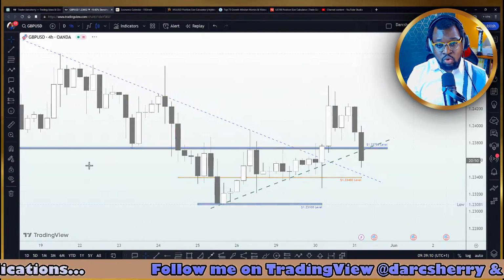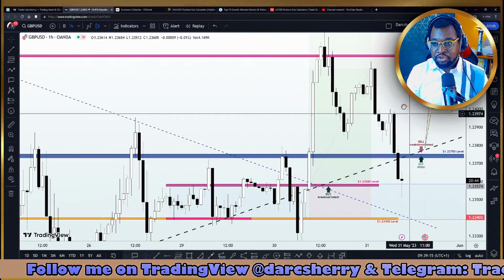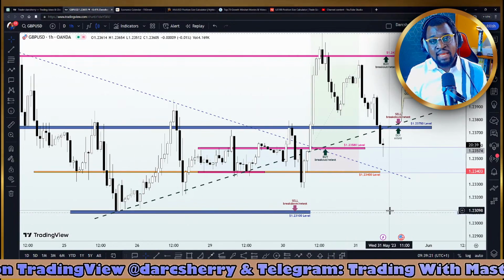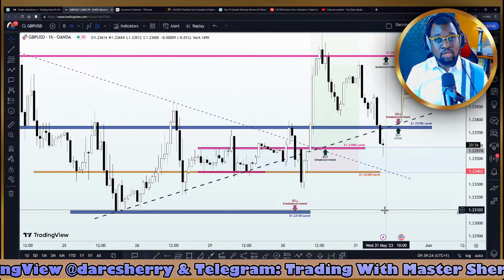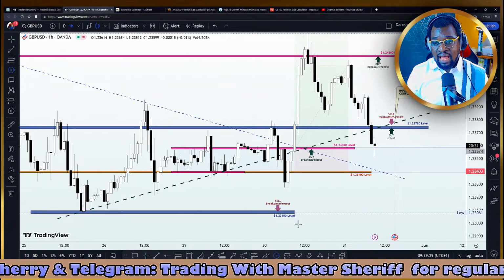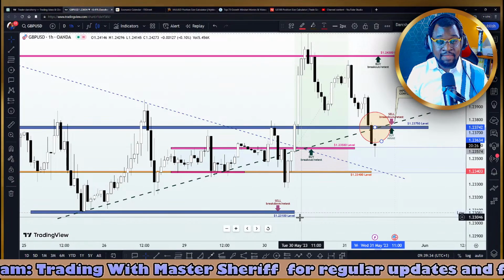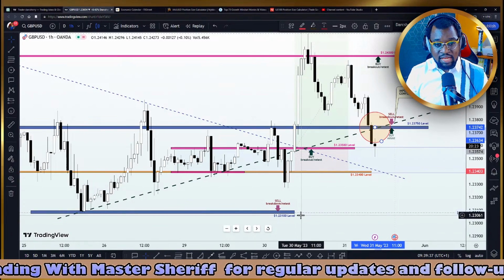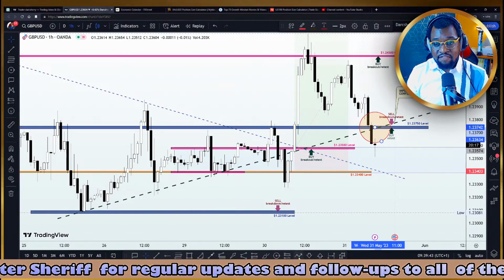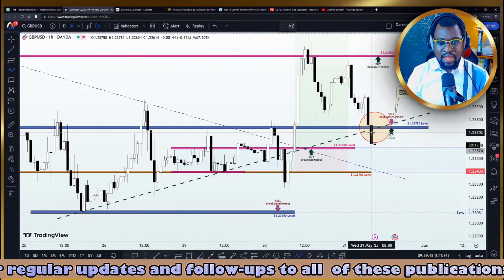So let's scale down into the 1 hour time frame after digesting that information on the 4 hours time frame. Right now we are back into the 1 hour time frame, and this morning I dropped an update on my TradingView and Telegram platform where I said I wanted to see how price action will be reacting to this confluence here at the 1.23750, which also shares a confluence with our trend line. Depending on how price action reacts to the structure will determine if we are going to be buying or selling. But with the look of things right now, we already saw price break down that area,